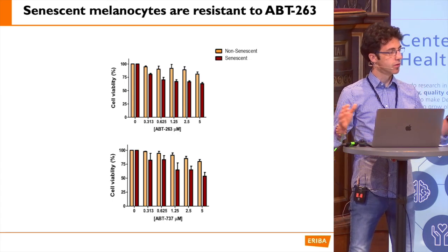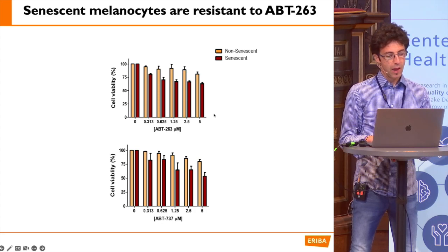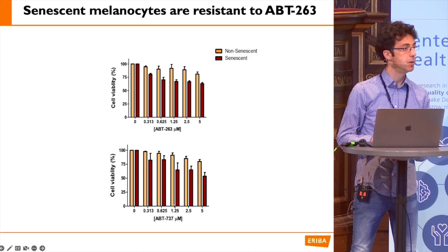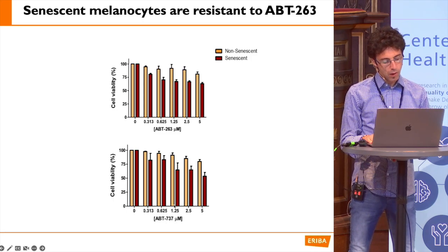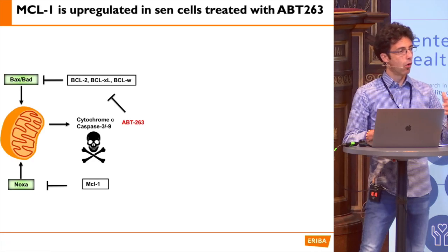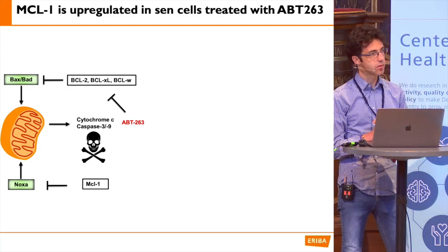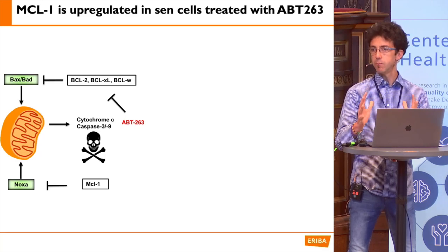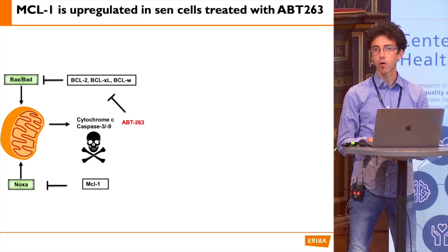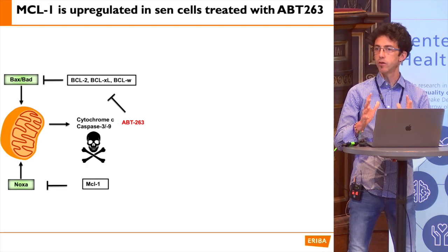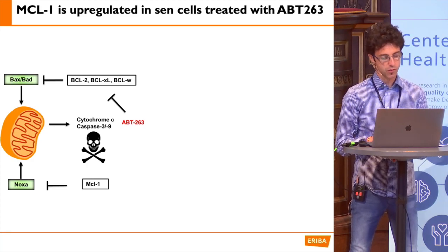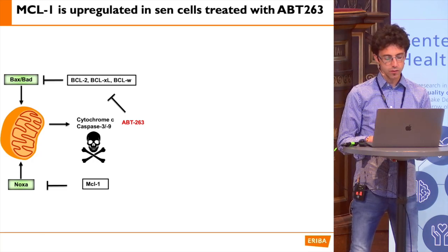All these types of models were resistant to ABT263, and they were resistant to an analog of ABT263 called ABT737. So we decided to look a little more at what could protect these cells from dying, because they seemed primed to apoptose. By transcriptomic profiling, they seemed primed to apoptose, but still they were resistant to anti-apoptotic inhibitors. To make a long story short, what we found was that essentially when you expose your senescent melanocytes